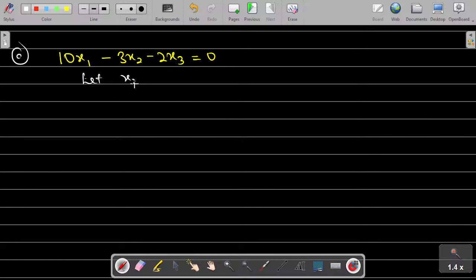Let our x2 be x2, or you can call them t if you want, and let our x3 be x3. Then our x1 is going to be equal to, if I take this to the other side, 3x2 plus 2x3, and if we divide through by 10, we get that x1 is